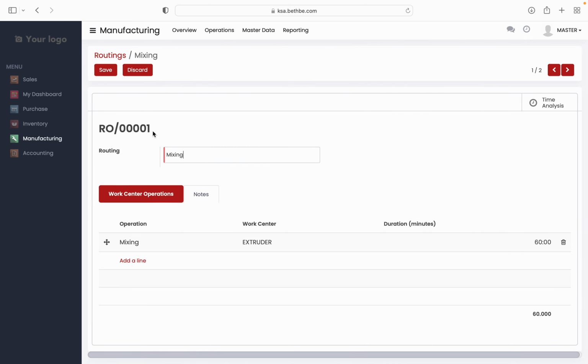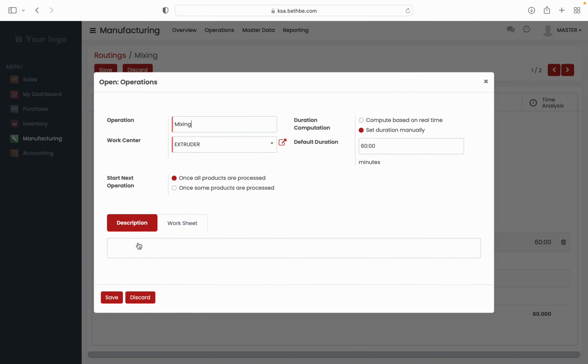I can see there is an automated sequence number, and the routing name is mixing. Then what are the operations taking place on that routing? So I have added mixing, the work center is extruder, and the duration we have to put manually or based on real time,